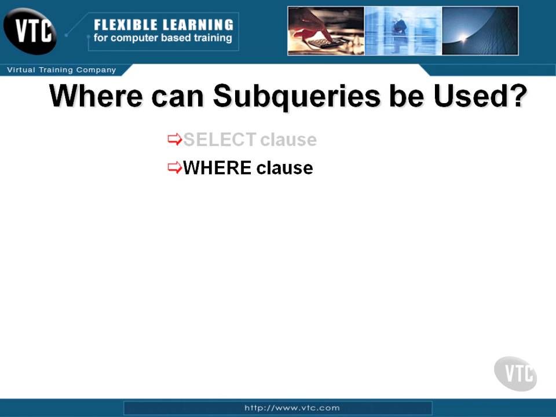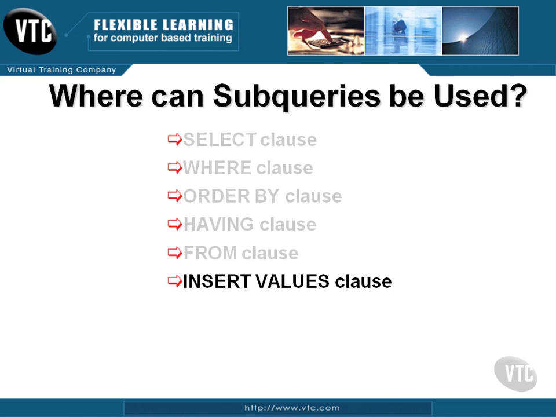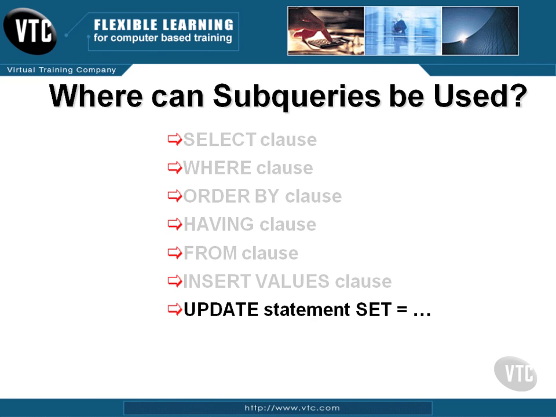In the where clause, you can check a filter against a subquery, returning a single value, multiple values, a single row, multiple rows, multiple columns with multiple rows, single rows, and so on and so forth. All the various combinations. The order by clause, the having clause, the from clause, the insert values clause, an update